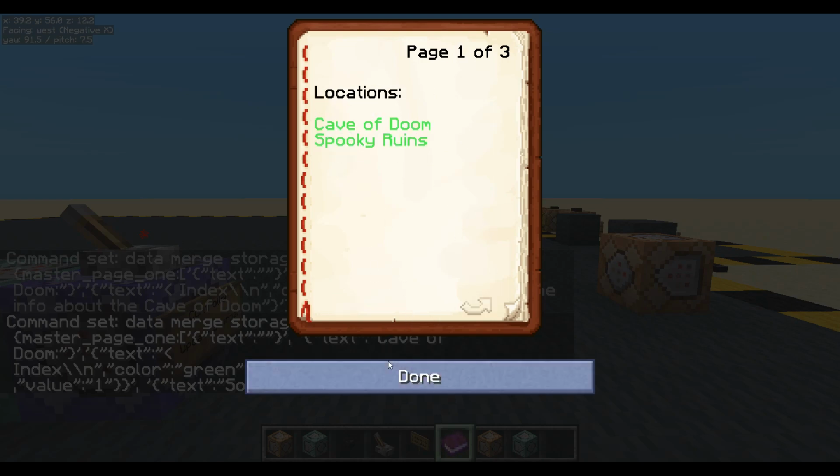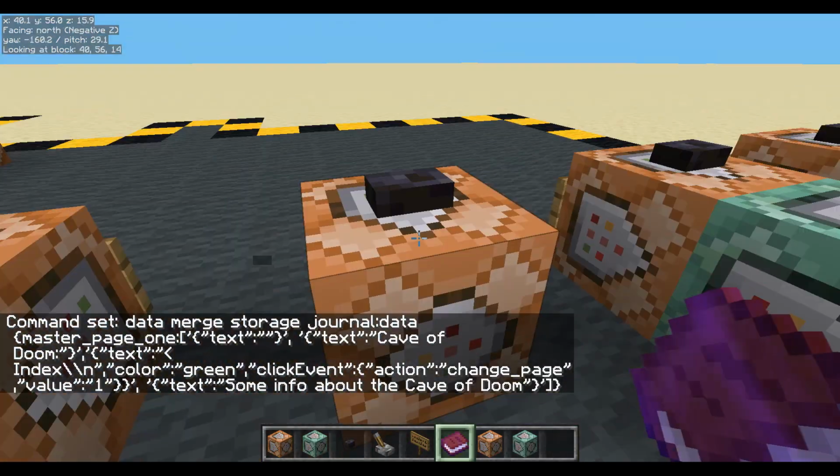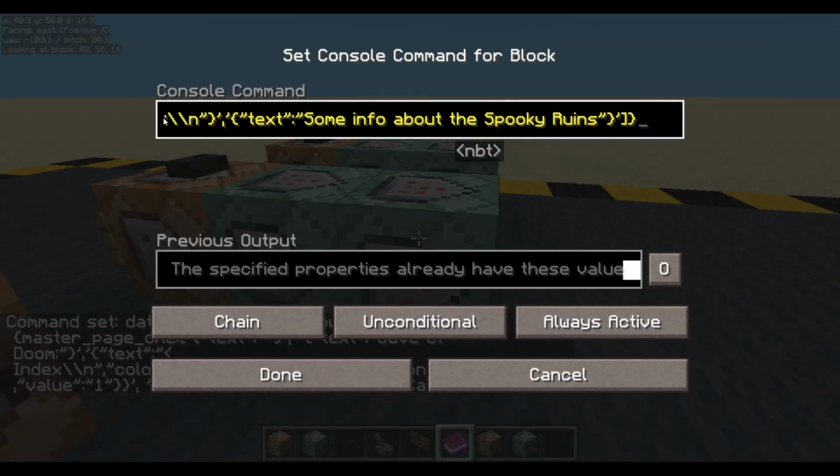Let's update Spooky Ruins as well. Done. Spooky Ruins. So it says Spooky Ruins. We're going to remove that from there. And after the Spooky Ruins, after its comma, apostrophe, comma, inside the apostrophes, curly brackets, this will be our text. This will be our text color. And this will be our click event. Okay, our text will be